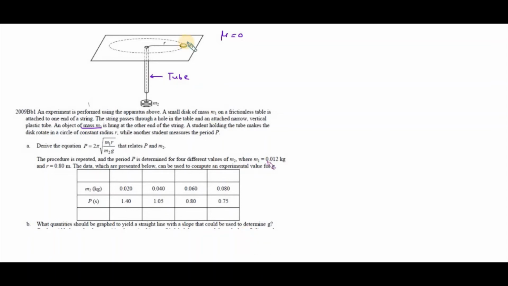So first of all, on the m1 mass there will be a tension exerted along the length of the string. The gravitational force is exerted in the downward direction, that will be m1g. Since it is on the table, the table is going to provide the normal reaction force in the upward direction, which we can consider as Fn.